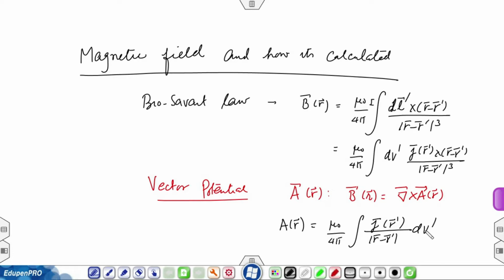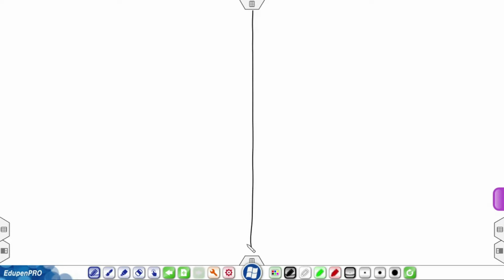I had also indicated that calculation of magnetic field is necessarily more difficult than that of electric field, because it involves a cross product, and sometimes imagining in 3 dimensions is also more difficult when it comes to magnetic field. Therefore, what I am going to do is solve many problems that involve calculation of magnetic field. To start with, I am going to solve one problem from Zangwill's book,